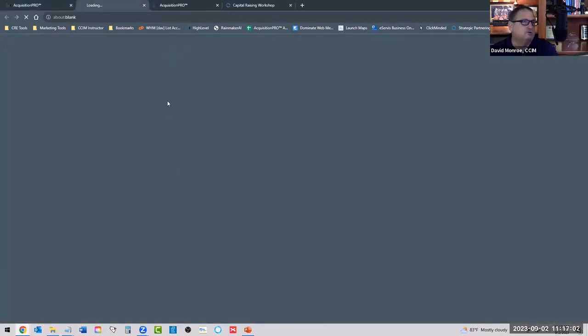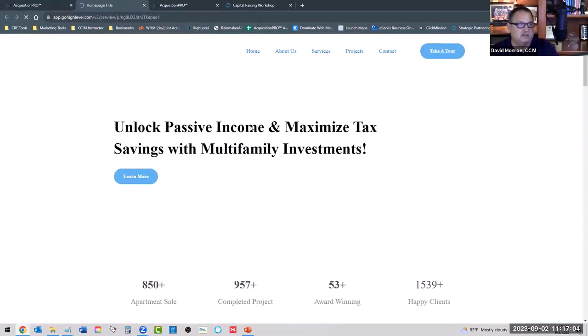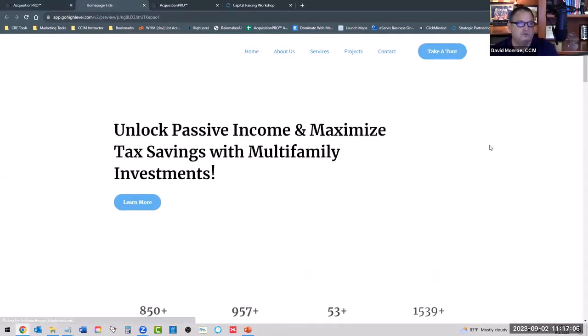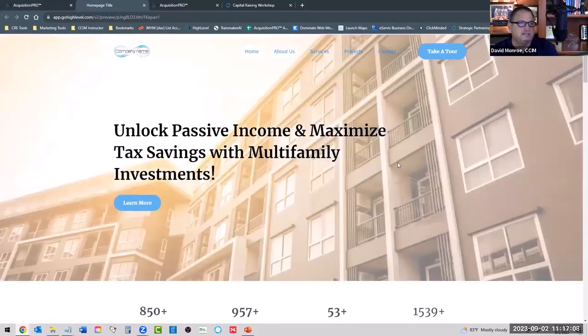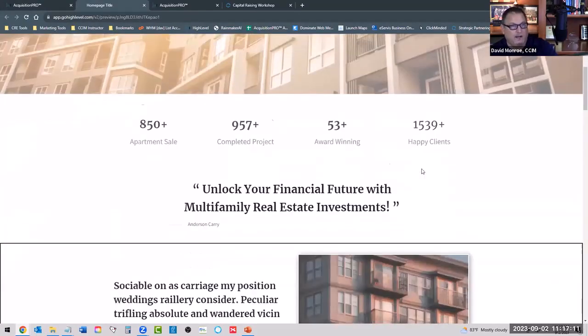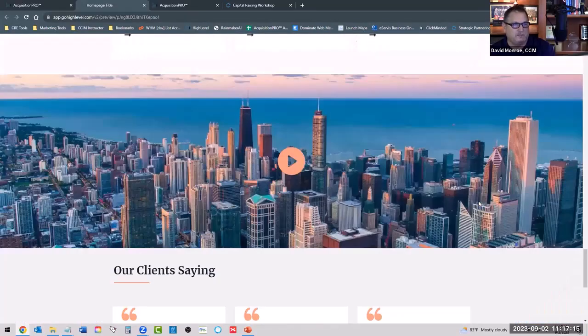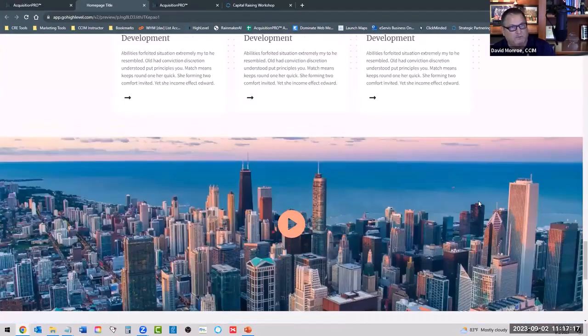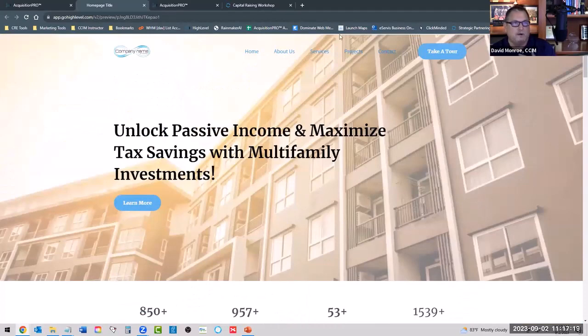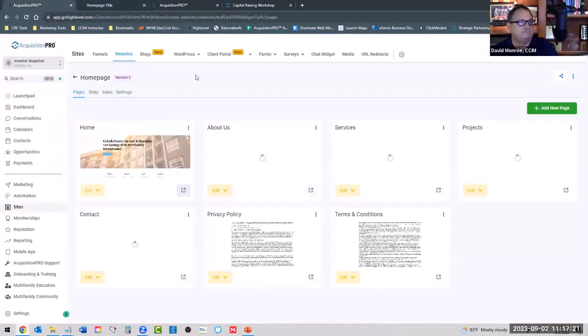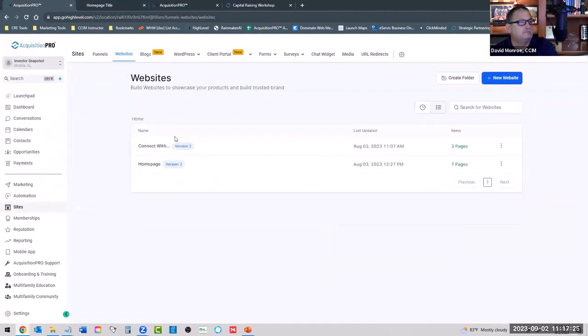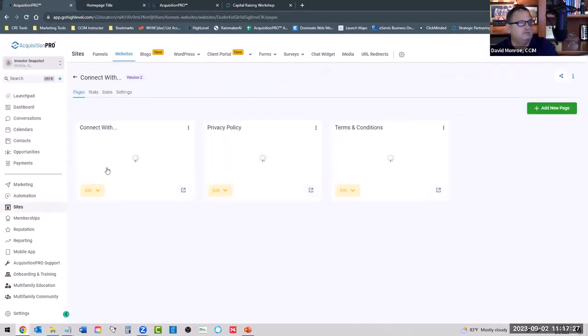Now, I'll give you an idea what it looks like. It's a nice, clean design. It looks really nice. And it's up to you whether you want a website or whether you want a link tree template, which I think is more powerful. All right. So much so that if we go back to our websites and we click on connect with,